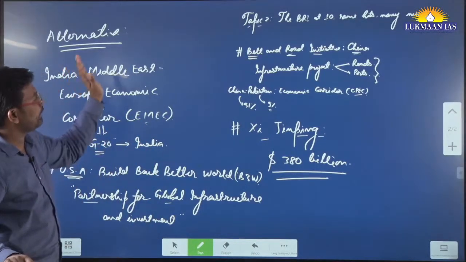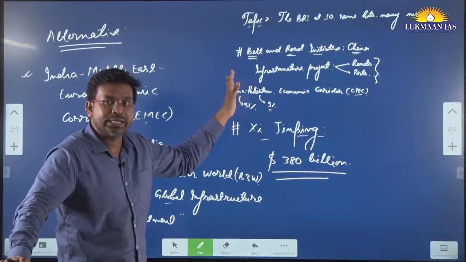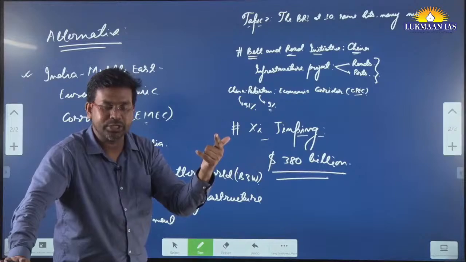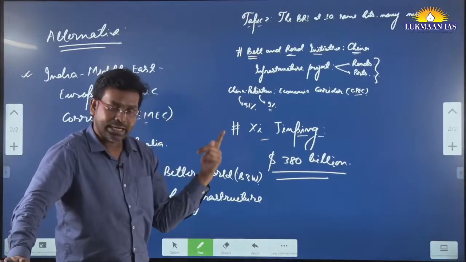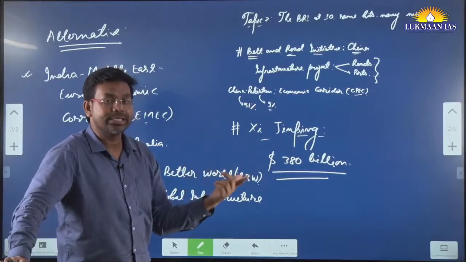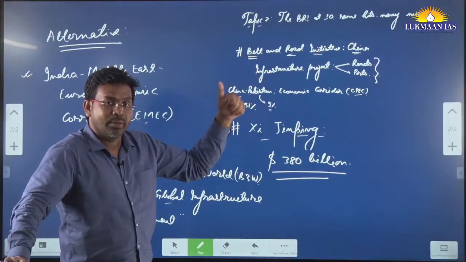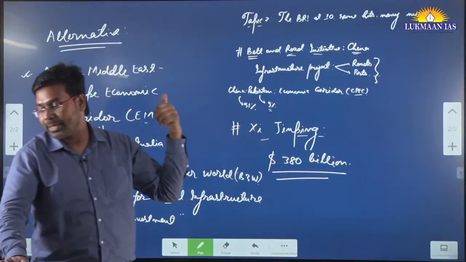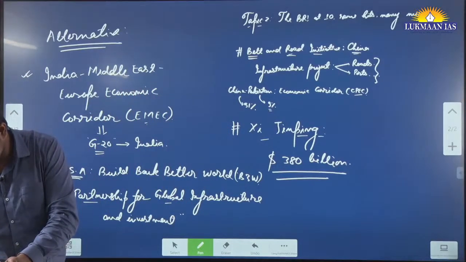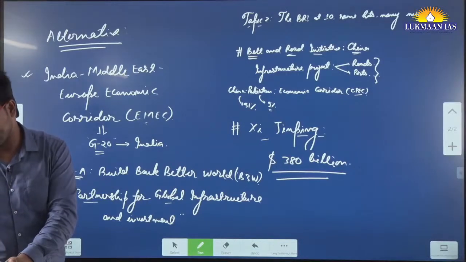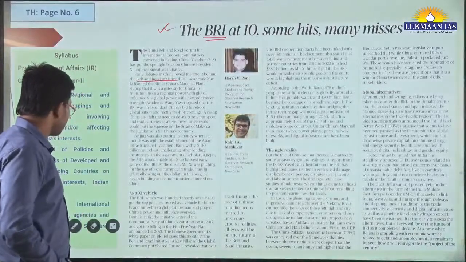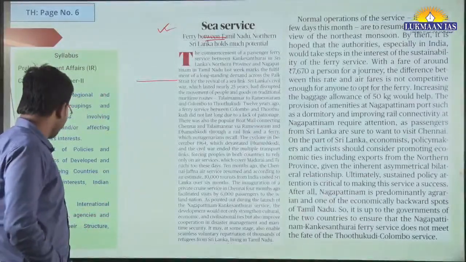So in this article they have talked about the Belt and Road Initiative, the vision that they initially had; they were not able to achieve that vision, okay. Not only was China not able to achieve the vision, other countries who participated in this initiative, be it Pakistan, Indonesia, or other countries, were also not able to reap the benefit of the Belt and Road Initiative project, okay. So having discussed this, now let us quickly move to another topic.